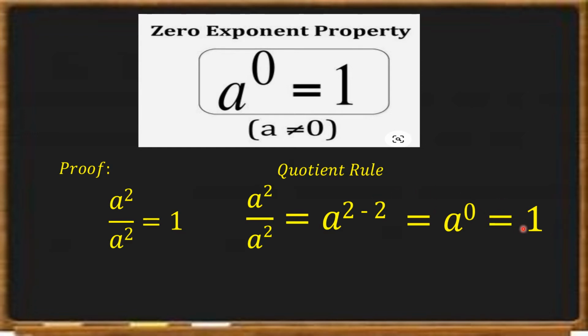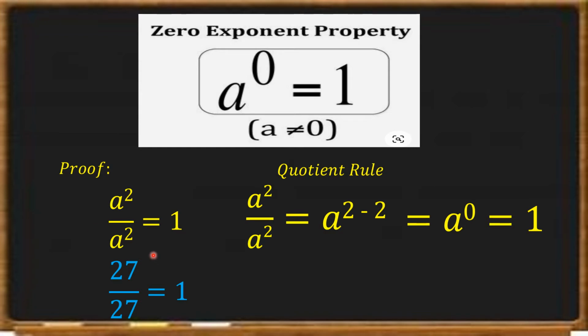Okay? So, ito na po siya. Or pwede ring substitution. Okay? So, we substituted the value of a squared over a squared, which is 1. Okay? Next,